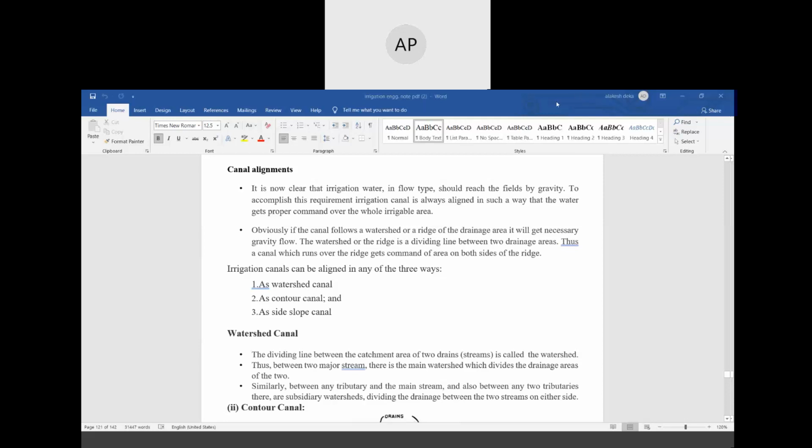Okay, so next we have canal alignment. From irrigation, I think it is clear that irrigation water flows by gravity to reach the field. To accomplish this requirement, an irrigation canal is always aligned in such a way that the water gets proper command over the whole irrigable area. Next, if the canal follows a watershed or a ridge of the drainage area, it will get necessary